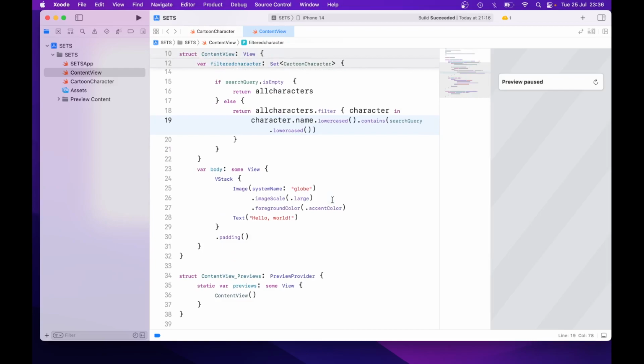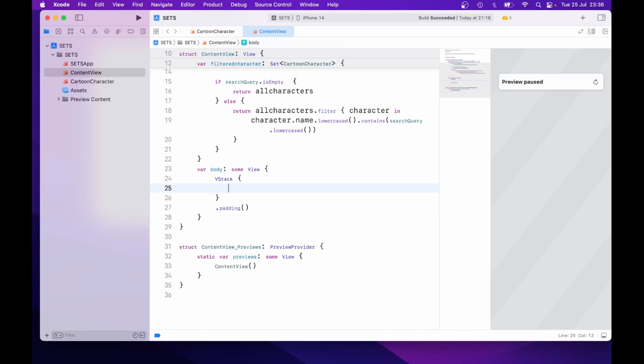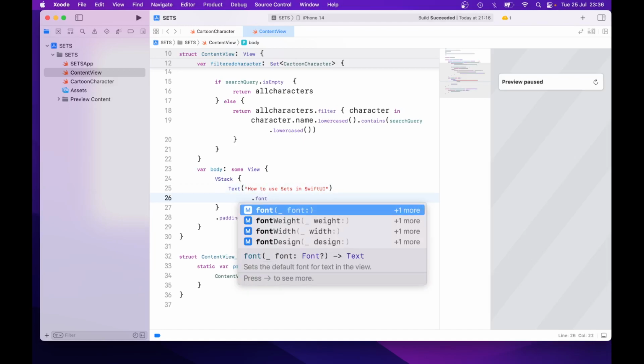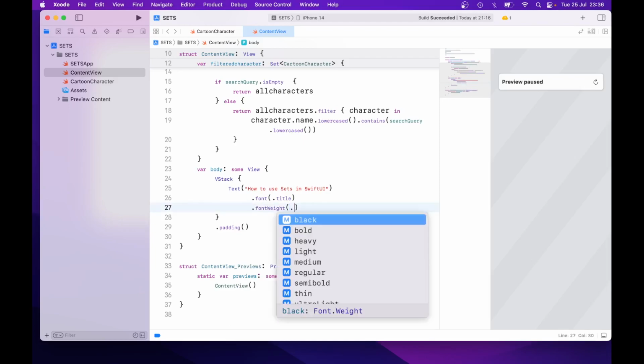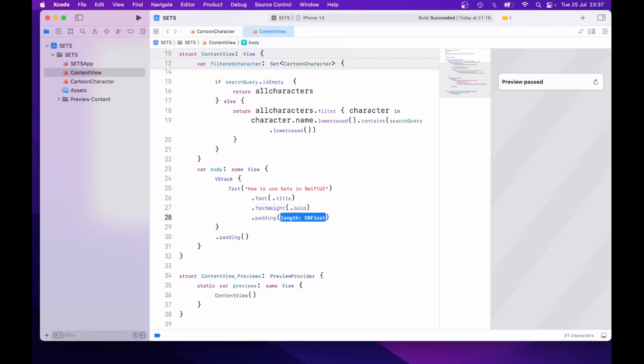And then the next thing we need to do is, within the VStack, like on line 25 to 28, delete that code block and then enter Text, how to use sets in SwiftUI, dot font, dot title, dot fontWeight, dot bold, dot padding,